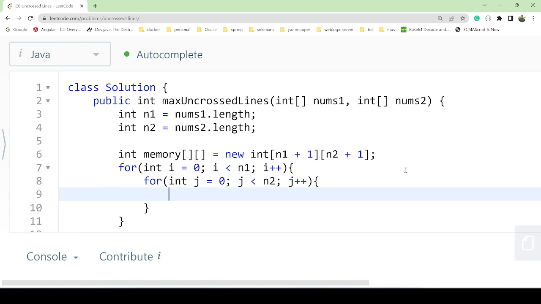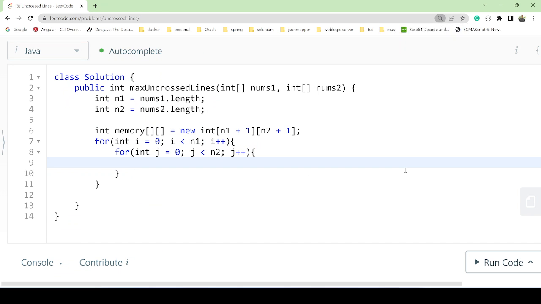So for all elements of array 1, we will go with all the elements of the second array, right? How we'll do that? Let me tell you how. First let me complete this. So what we will do now, we'll check the element, right? If both elements are the same. So if nums1 at i, the first element, is equal to any element of nums2 at j,